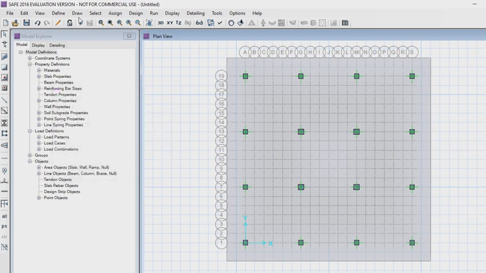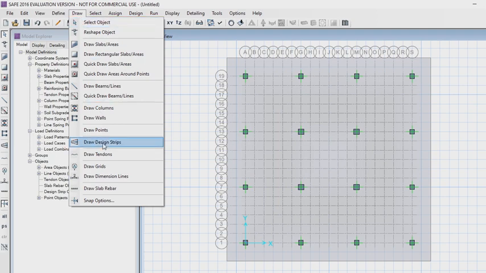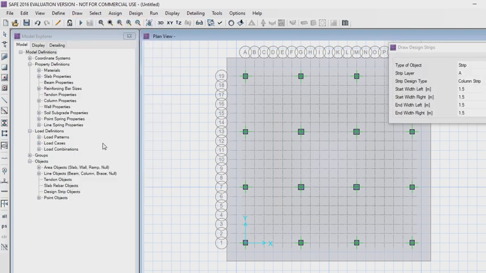Now go to the draw menu and select draw design strips. The strip width and the strip length are 4 meters.